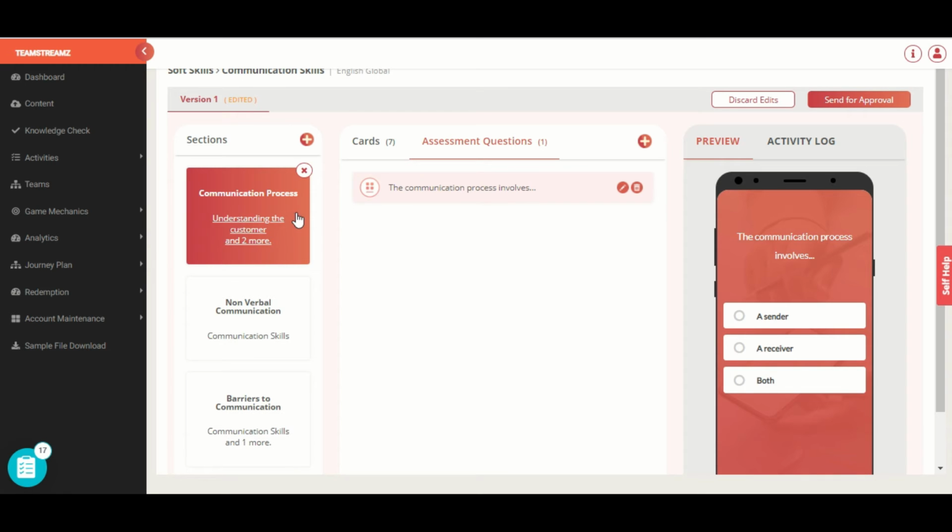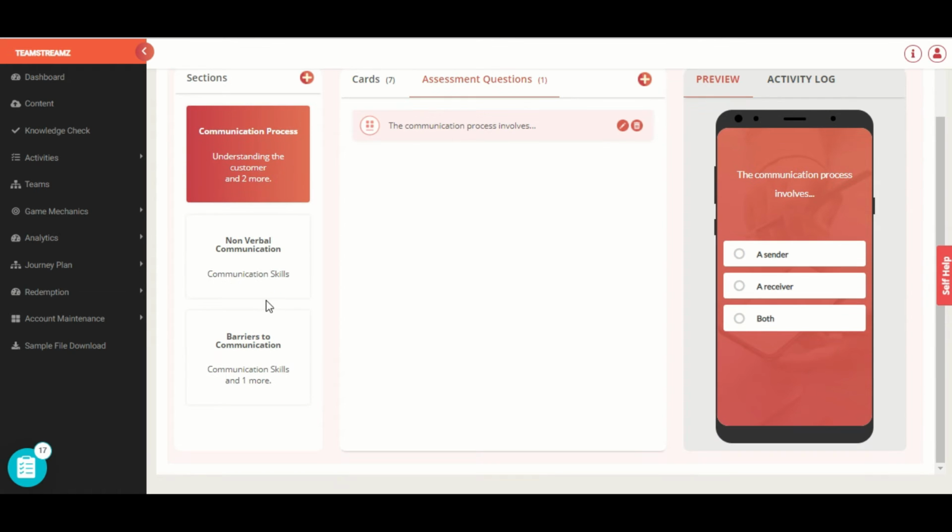So that's about the section level assessment. Just to recap, these questions will appear at the end of all the cards in that section, and the user will have to complete all the questions in this assessment before they can move ahead to the next section.